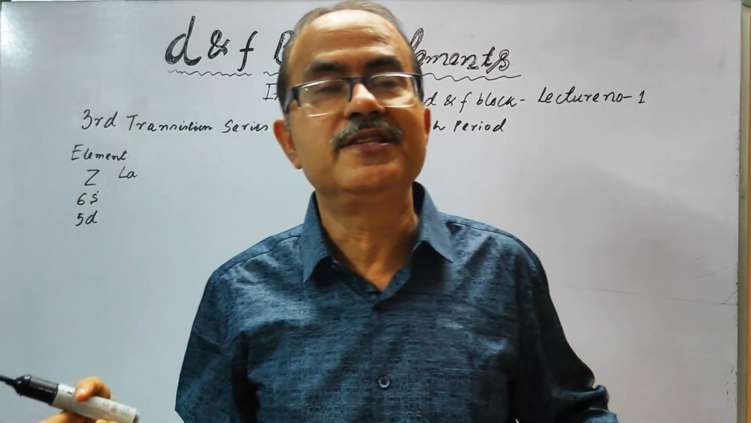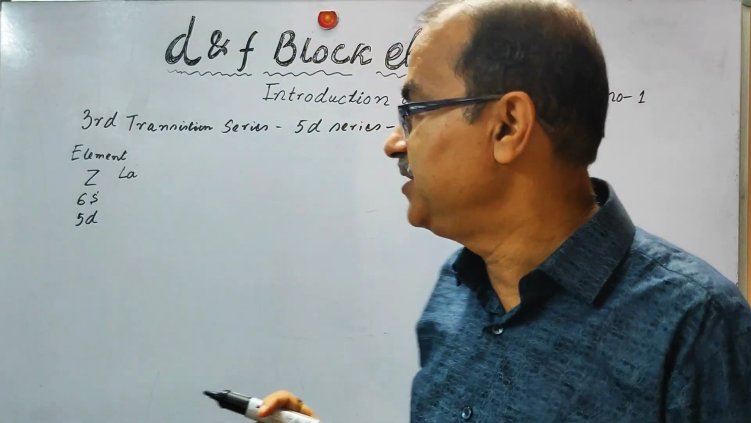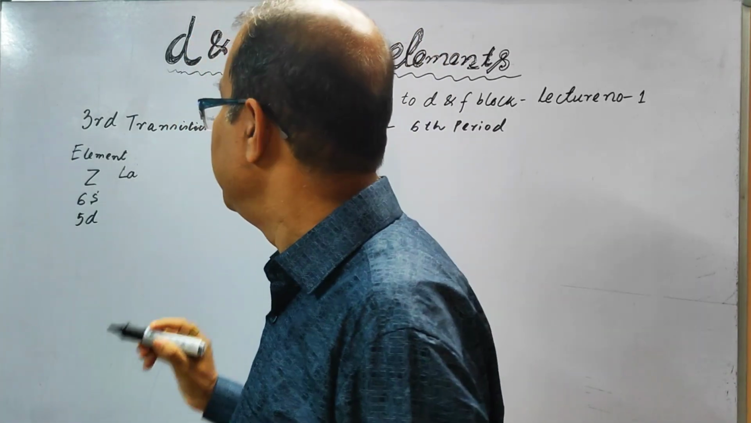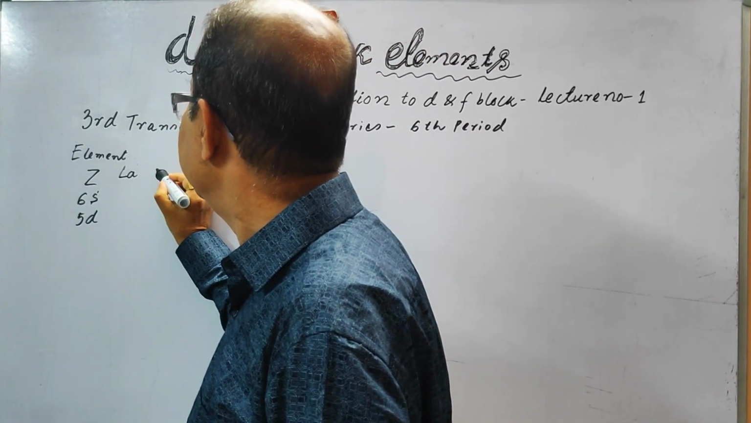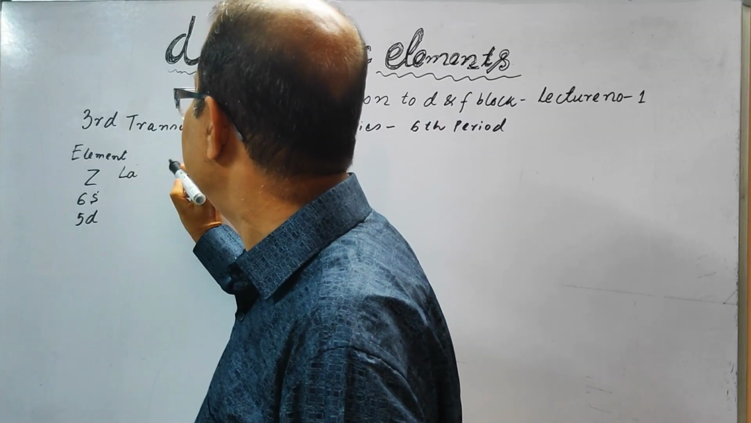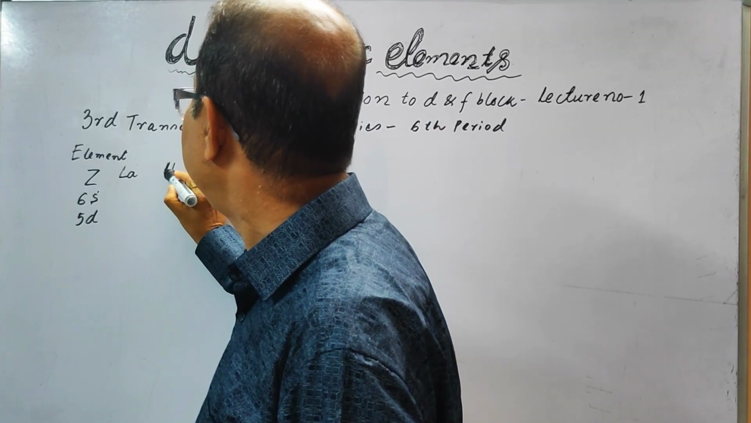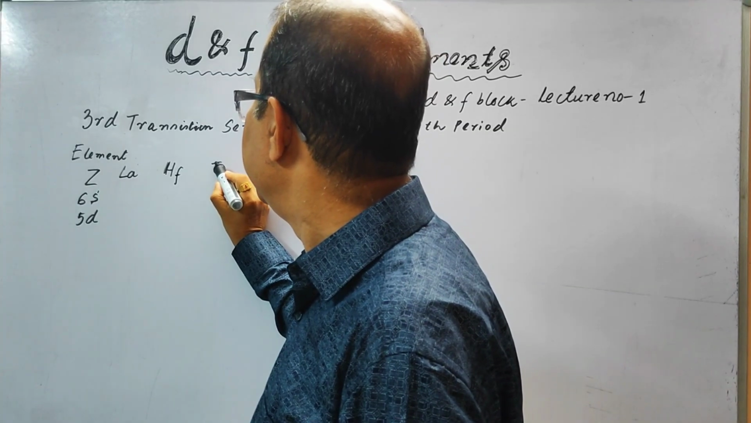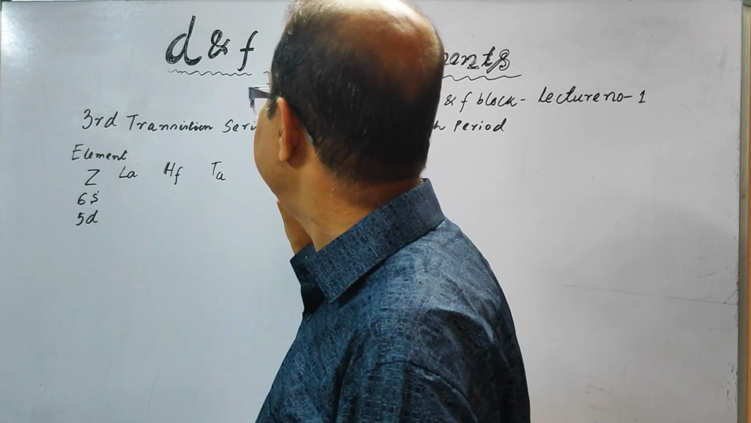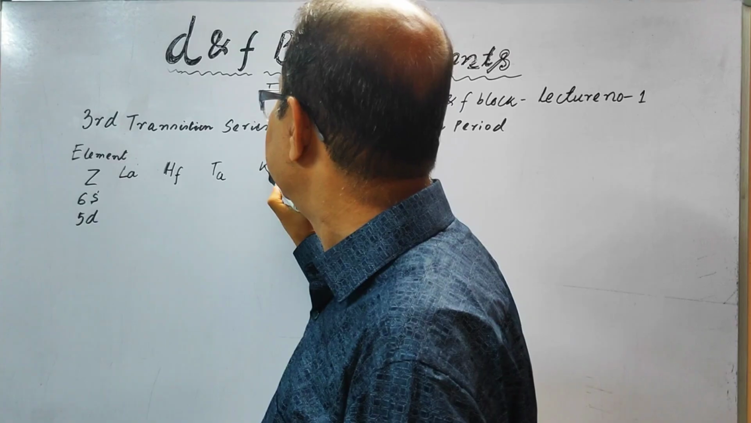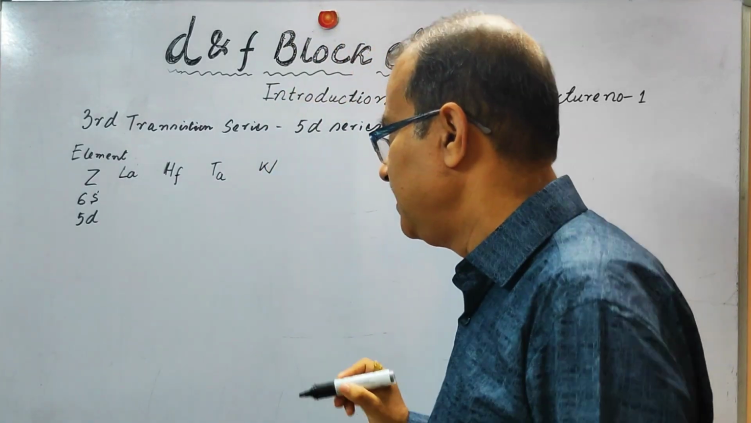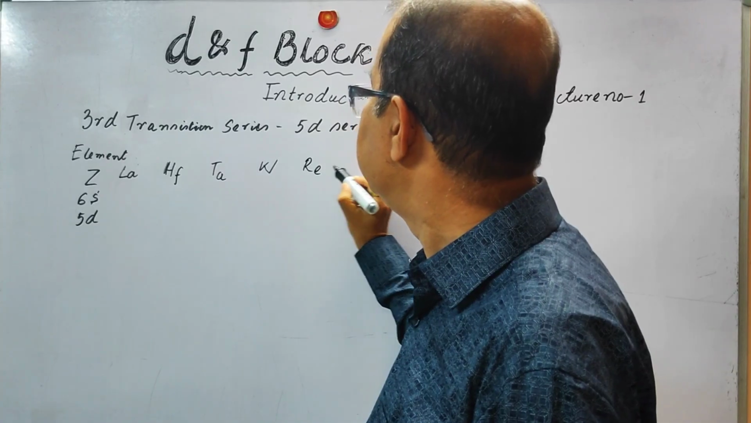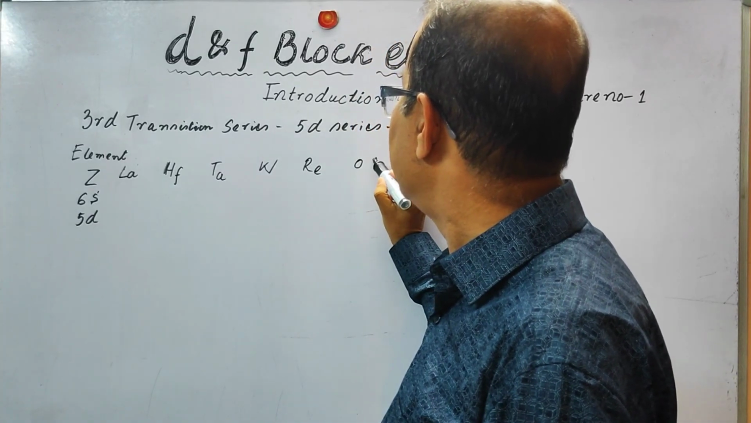You can see this is the extra long period. So this is the lanthanum. After this lanthanum there is the next element, that is hafnium. Hf is hafnium. Then tantalum, Ta. Then tungsten. After the tungsten there is rhenium, then osmium,